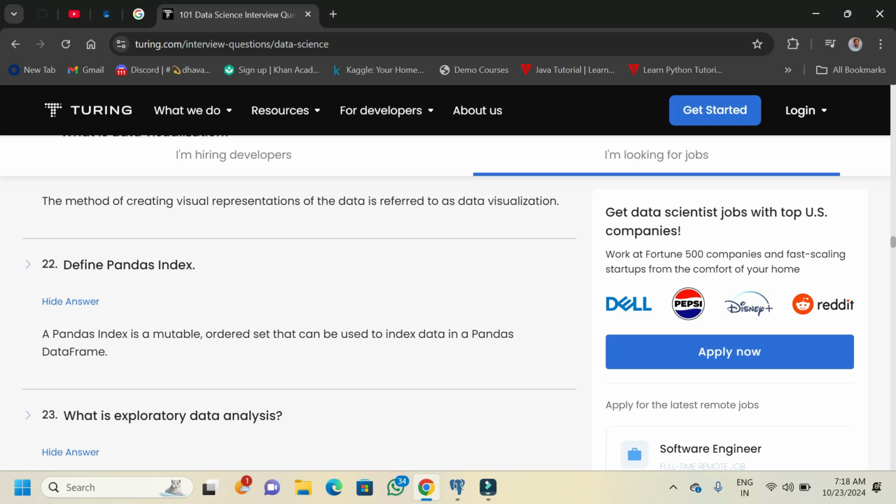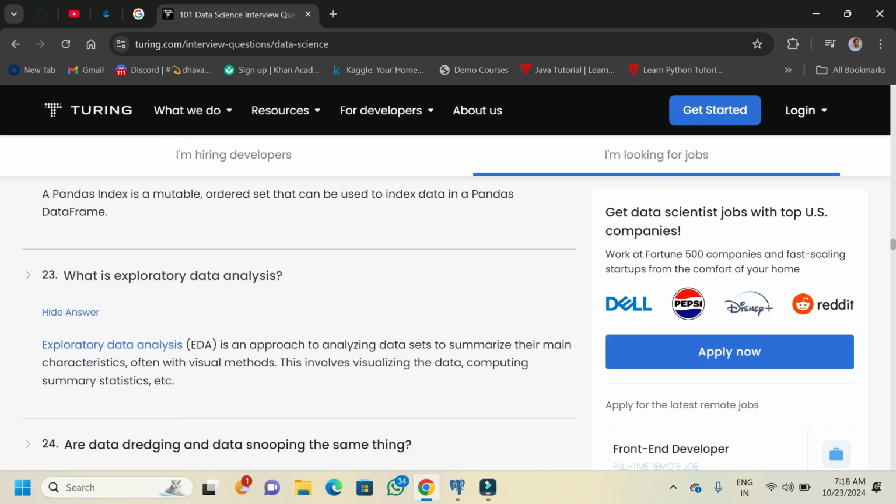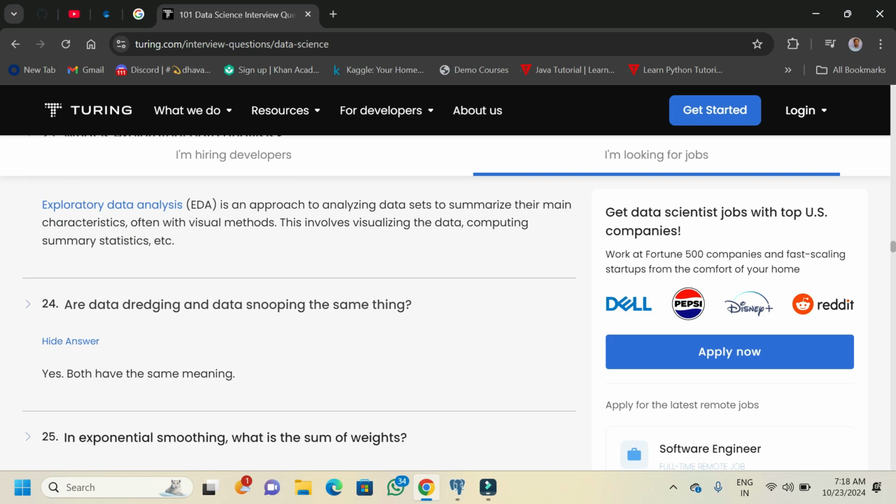A pandas index is a mutable ordered set that can be used to index data in a pandas data frame. What is exploratory data analysis? Exploratory data analysis is an approach to analyzing data sets to summarize their main characteristics, often with visual methods. This involves visualizing the data, computing summary statistics, data